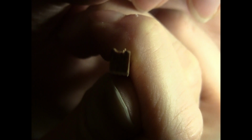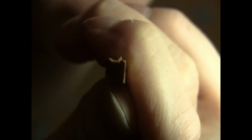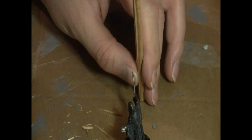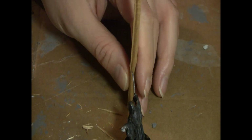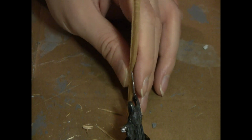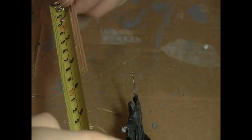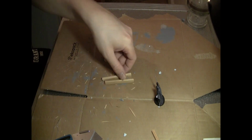And I actually think this is very boring to watch, so I will jump cut until I'm done with this entire piece. Thinking about it, I decided that 2 nazgûls was a bit too high, so I will decide on another length and cut it down to 7 centimeters and see how that looks. But that will be a boring process, so I will do that off camera. Now I have made 2 of these 7 centimeters high